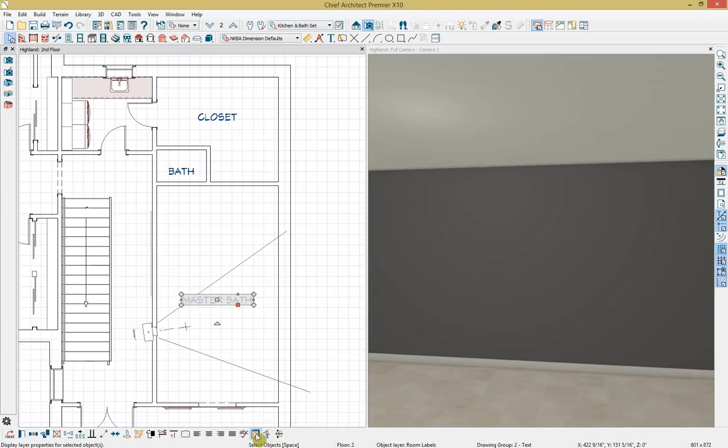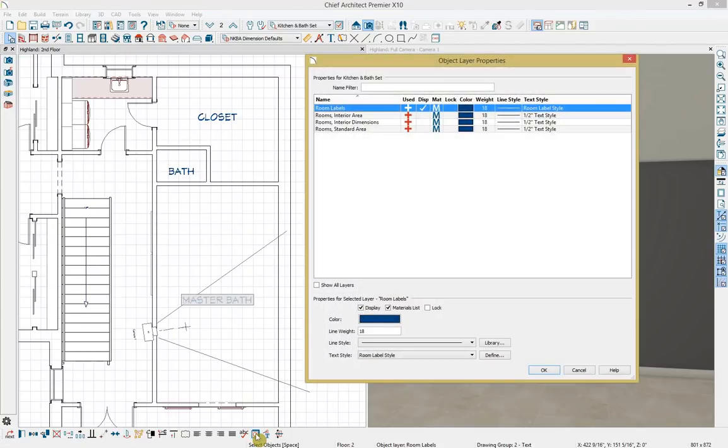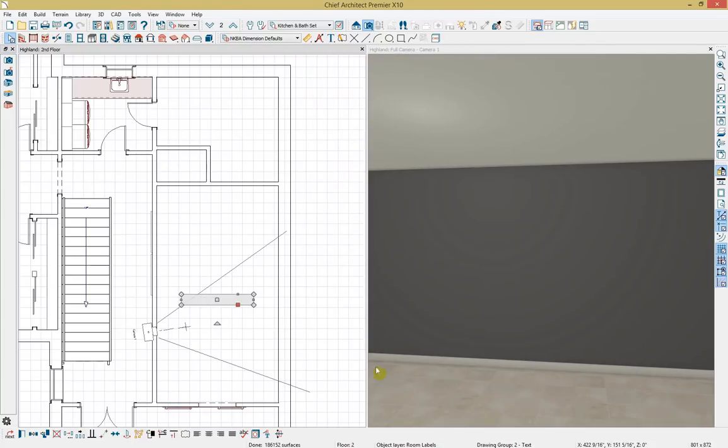And then down in our edit toolbar, we have this option to select our object layer properties button. And when we click on this, you can see right now that our room labels are being currently used and displayed. So I'm going to click to deselect display, then click OK, and now our room labels will be removed